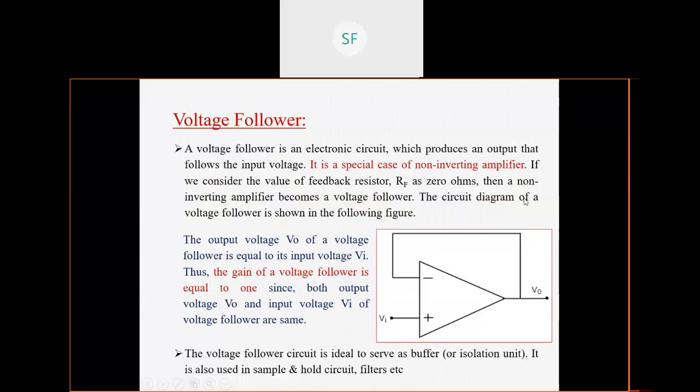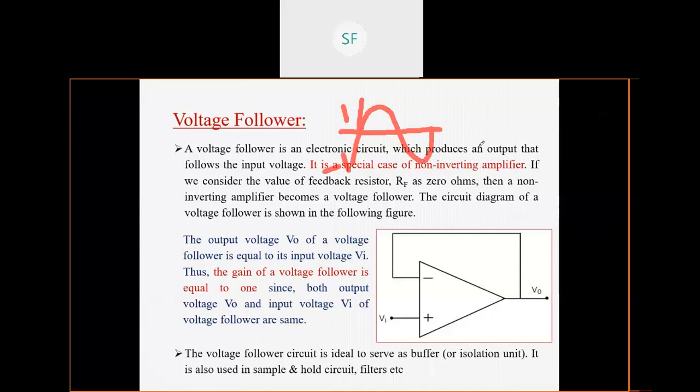So now if I ask you what will be the input and output waveforms for this particular diagram, suppose let's say I'm drawing one input. Suppose my input is a sine wave of 2 volt peak to peak, that is, this is 1 volt and this is minus 1 volt. Suppose it is my input. So what will be the output? Anyone?